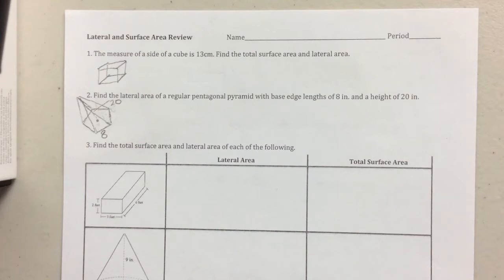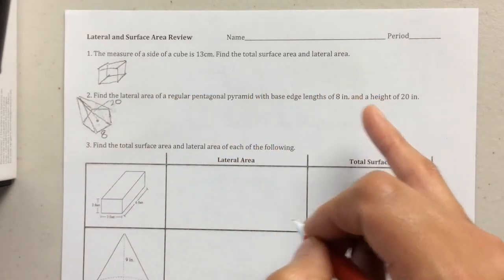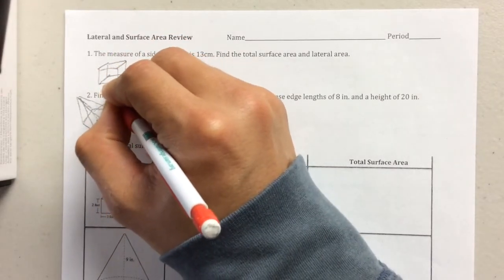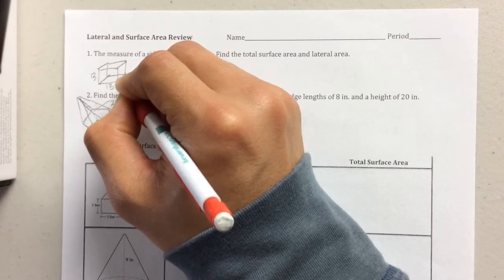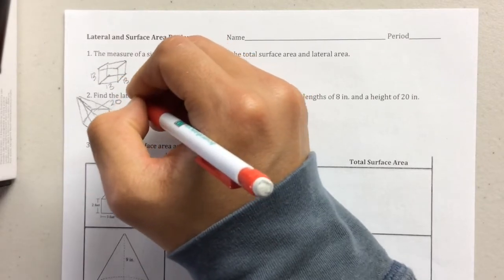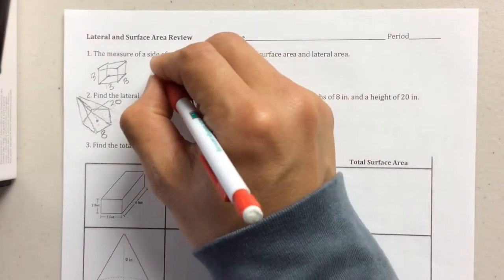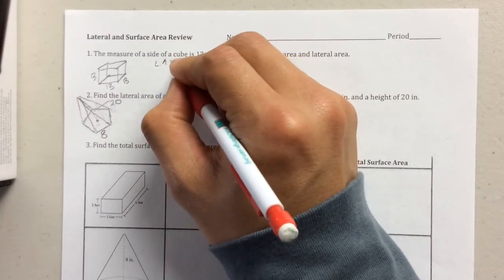Number 1 says the measure of a side of a cube is 13. Find the total surface area and lateral area. So in a cube, we know that the width, the height, and the length, they're all 13. This is a prism. So lateral area of a prism is giving us the